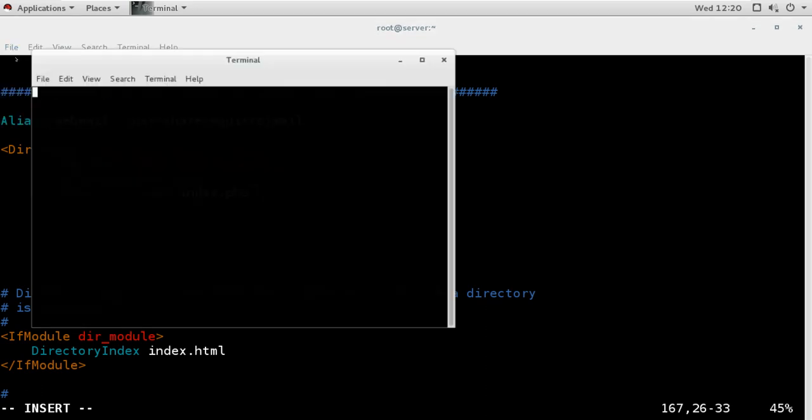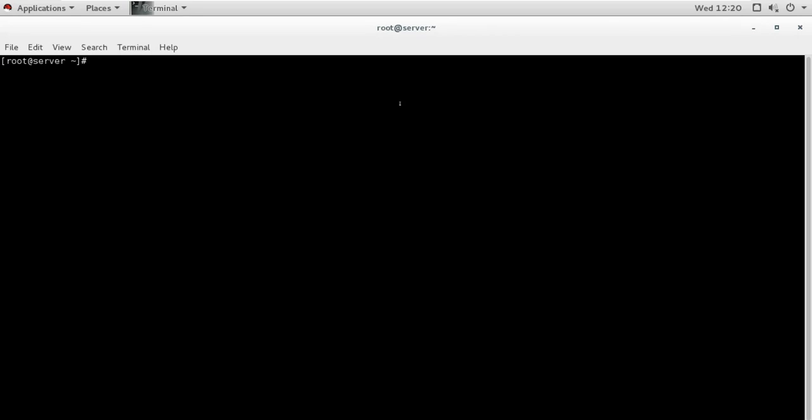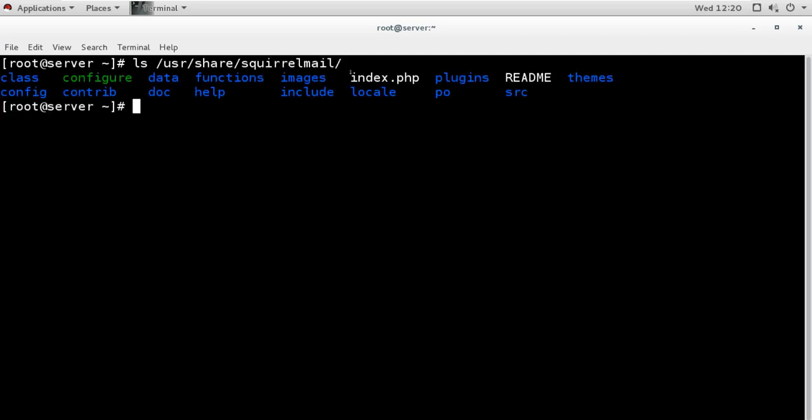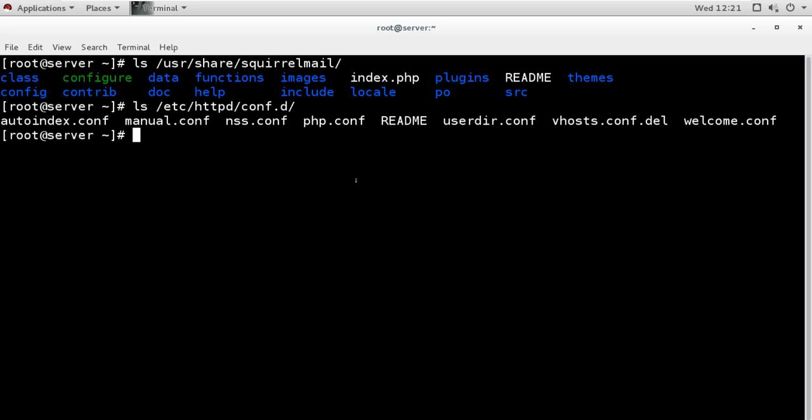So when we access this directory, it is going to open this file, and we can see that in the squirrelmail directory. I will open the other tab and show you this. In the squirrelmail directory, this is the index.php file, and this is the file we want to load. It is .php, so it will use PHP. So we have to have PHP support installed, and when we install the PHP support, it will create one file for PHP support under the conf.d directory.